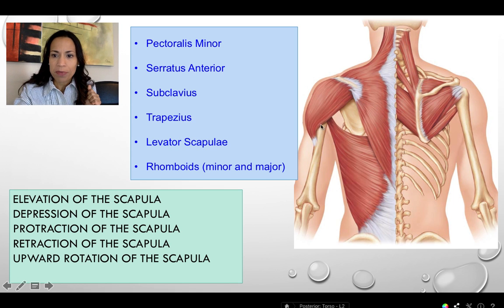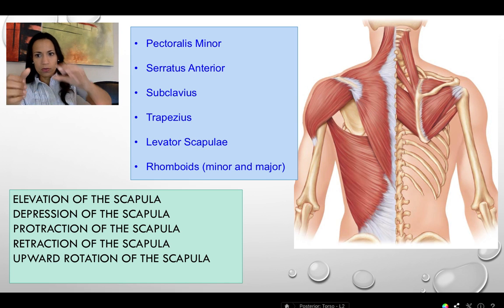Upward rotation, remember, we are going to move the inferior angle laterally, okay, during arm abduction. So in here we have the serratus anterior, that's the main or the prime mover of this movement, moving the inferior angle laterally. At the same time, the superior fibers of the trapezius are pulling the spine of the scapula up. So